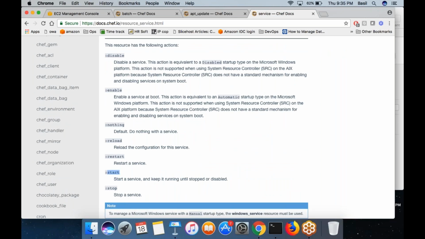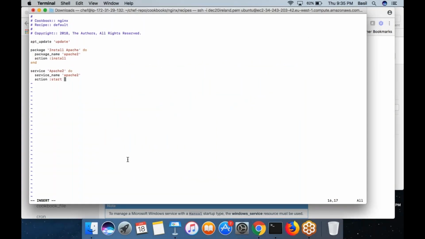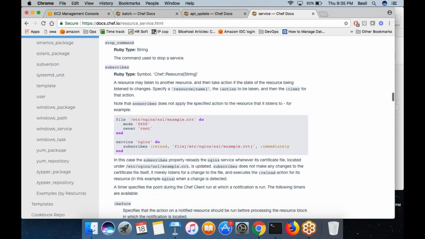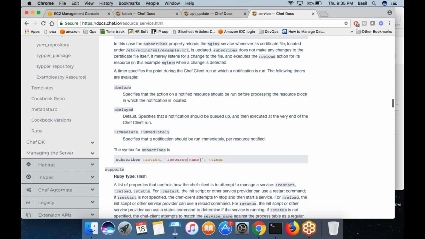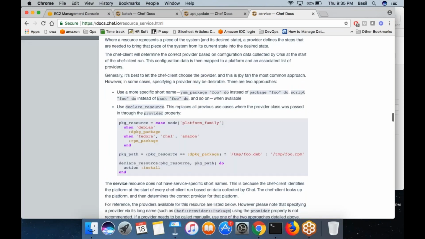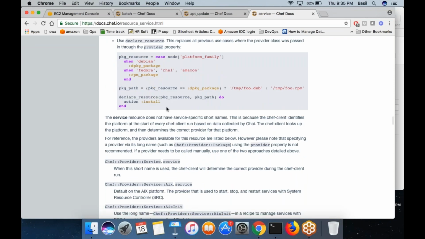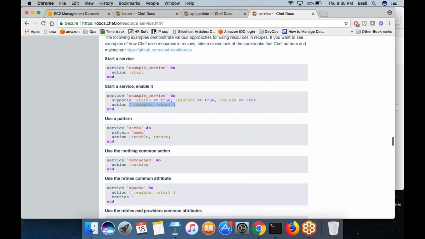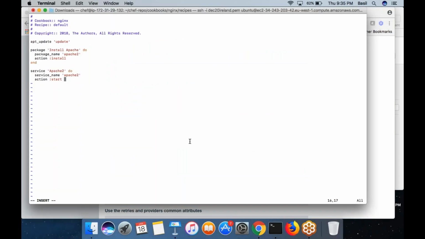So you want to do two things. You can do it within a single resource. Under the action, I can mention start as well as enable. So how do I mention that? In a list, you can mention all the things that you want to do. I want to enable it, comma, start. Both things I want to do, I would put in a list. So my action would be both enable and start.